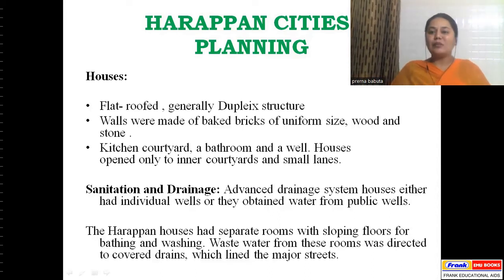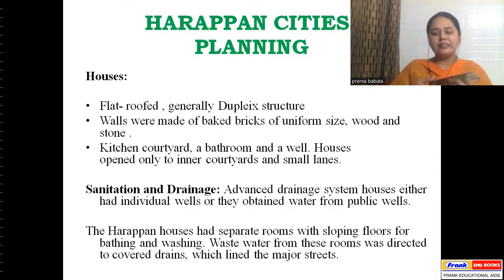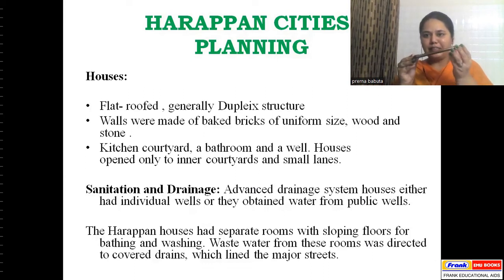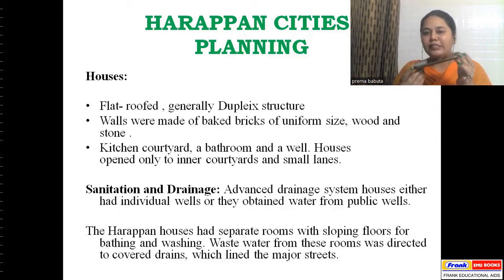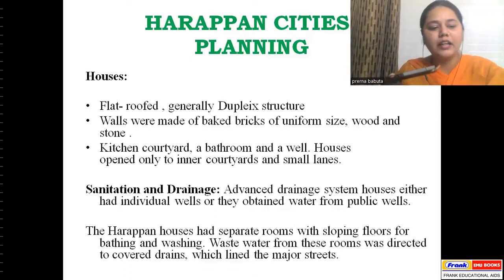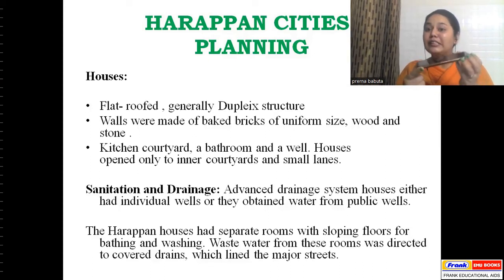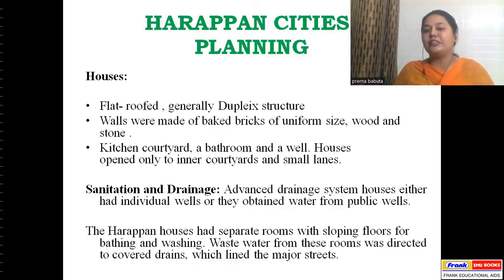Now understand this. In the washroom, let's say this is the area where one had to bathe. This is the surface, and the surface was something like this. And at the end was a drain, which was outside the house on the outside lanes. So what's going to happen? This is my phone, obviously I can't show you, but assuming that this is water. Let's say this is the surface, and what is happening now? The water is easily flowing into the drain. So in the washrooms, such kinds of surfaces were there.